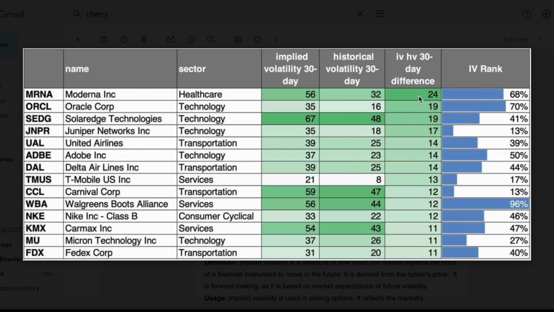And then here you can see we've ranked the largest differences from top to bottom, with the largest difference being Moderna. And then over here we have the IV rank. So this chart is a couple days old, so there have been some moves since, but out of all of these I want to look at T-Mobile. T-Mobile has an IV rank of 17%. So I want to take you to